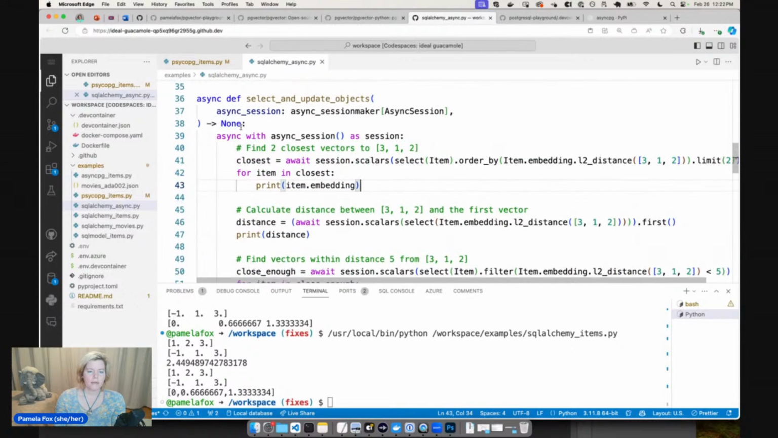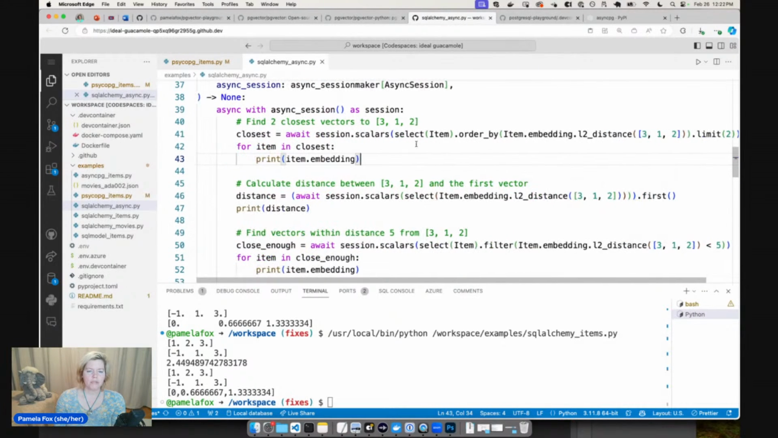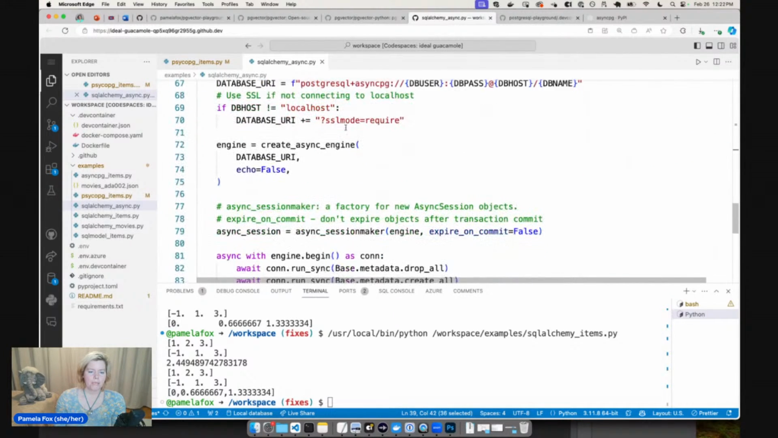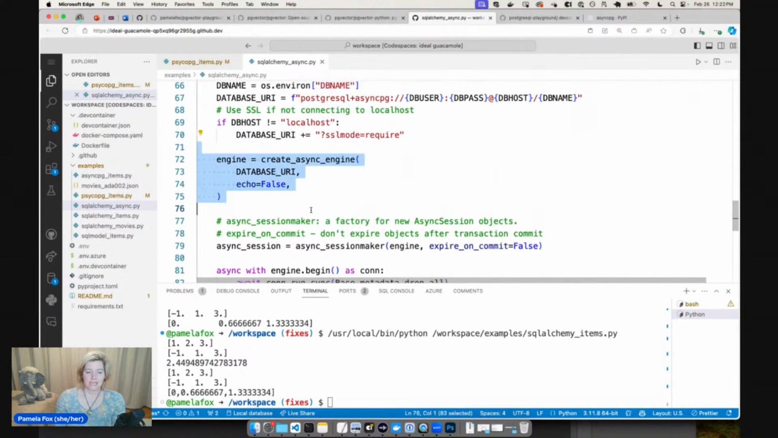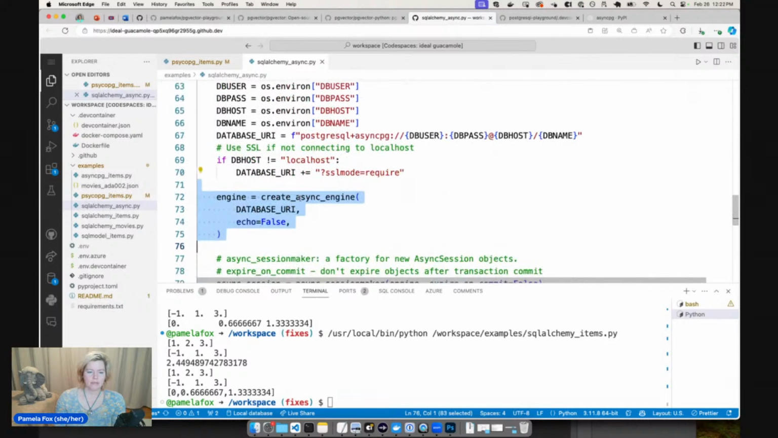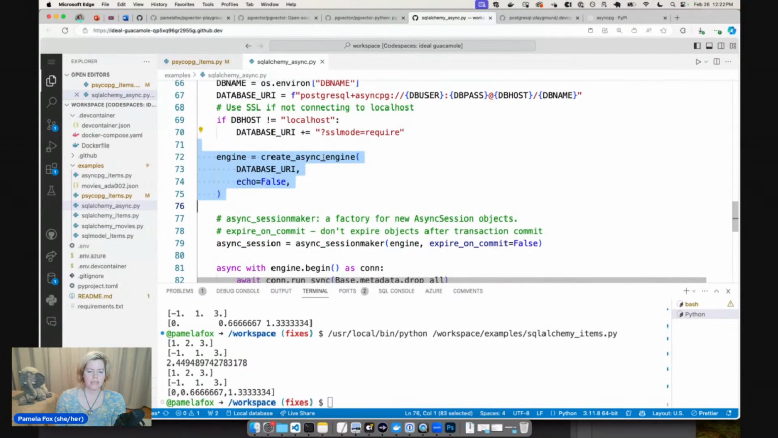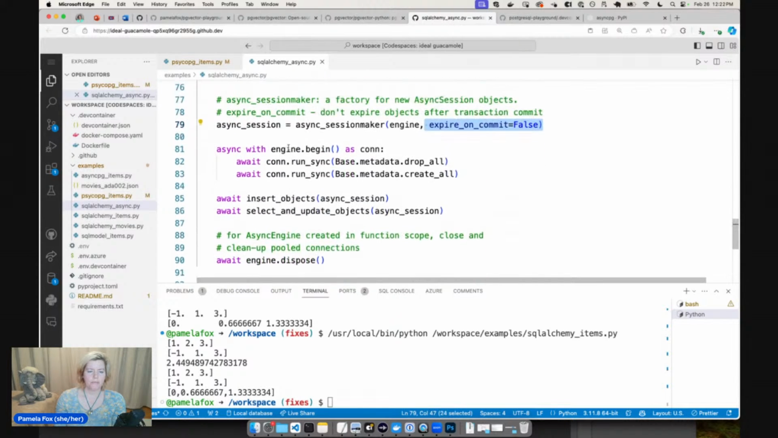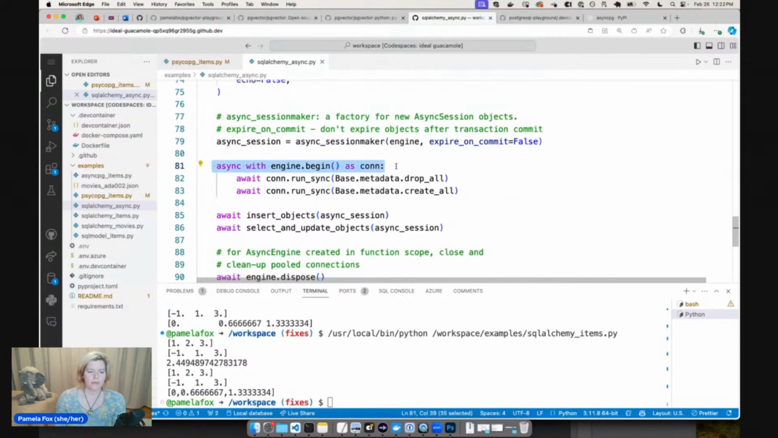All right, and then down here, we've got the query function. So this is really similar. It's just that we're using the session. And then down in async main, we create an async engine. So that's slightly different, where we're specifically creating the async engine. And then we create the async session using the async session maker, using the recommended parameters here from the documentation. And then we have this async with engine.begin as connection, and then it runs